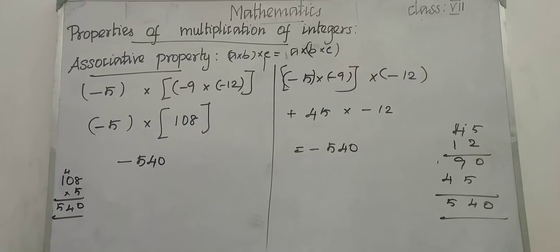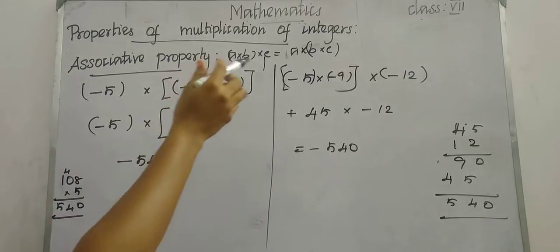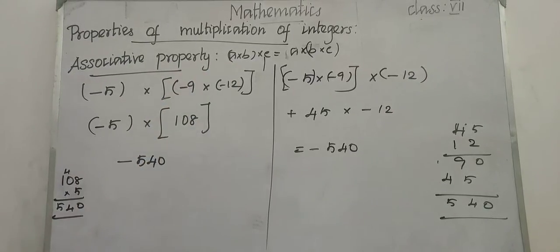So in multiplication of integers we have learnt about closure property. So multiplication of integers is closed. Okay, and then we have learnt about commutative property. So multiplication of integers is commutative. And then the third one we have learnt is the associative property. So if A, B, C are 3 integers, we can say A into (B into C) equal to (A into B) into C. Okay, children, so we have learnt about 3 properties in multiplication of integers.